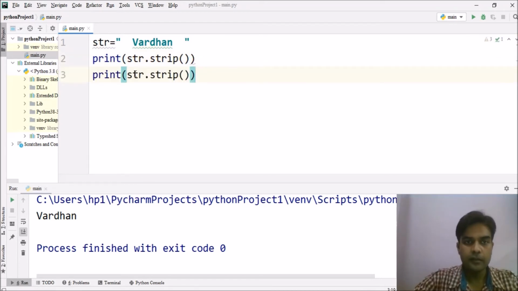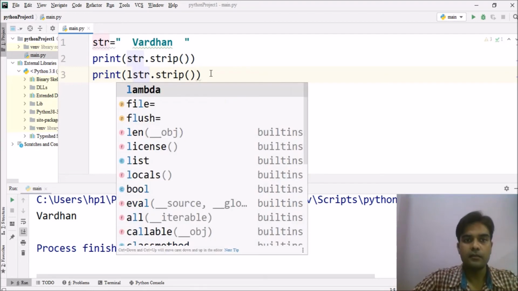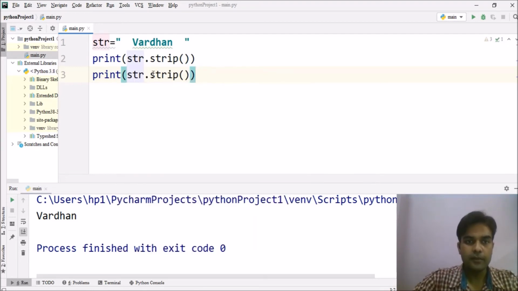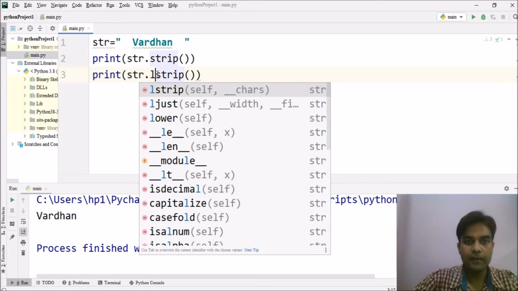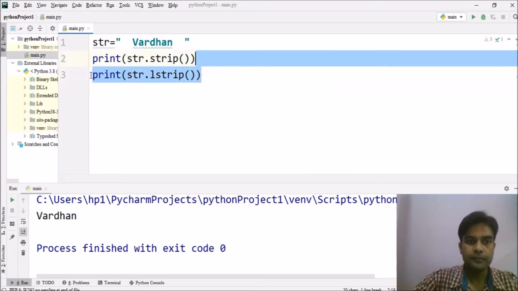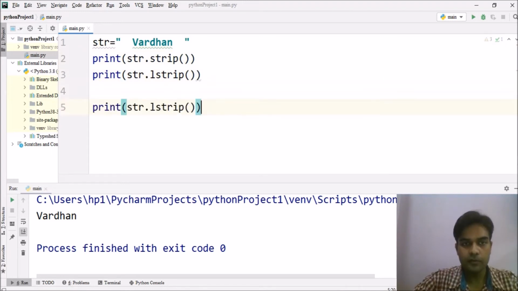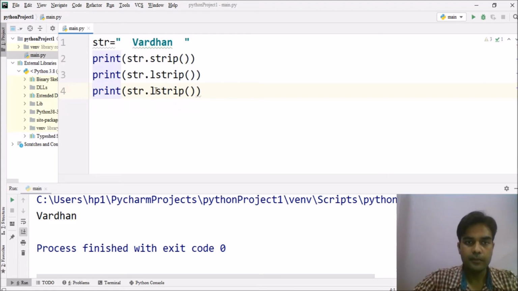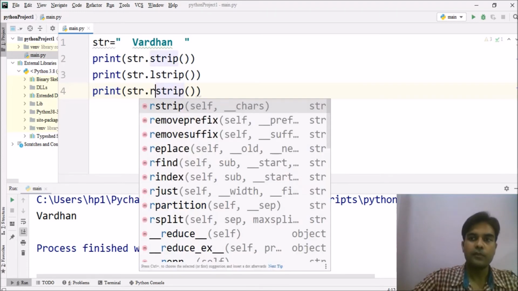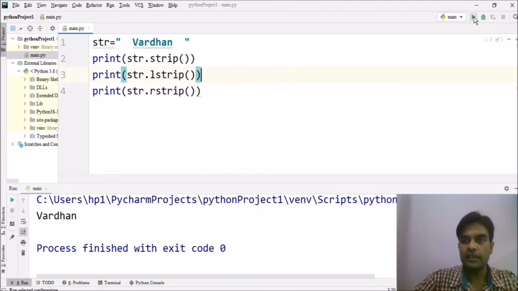Now if we only want to remove the left spaces, then we will write print lstrip, left strip from the left, and from the right we will use rstrip. Okay, so let's run the code.